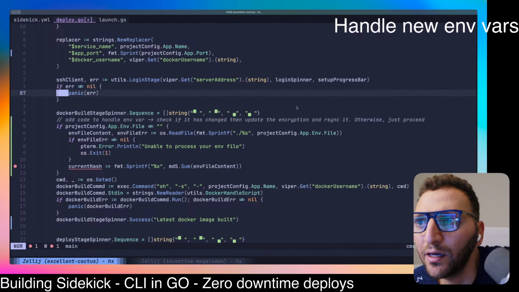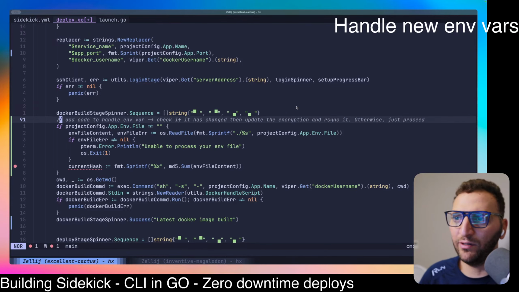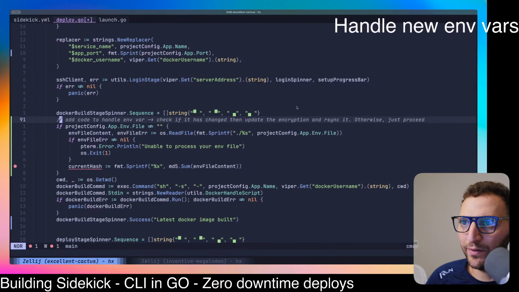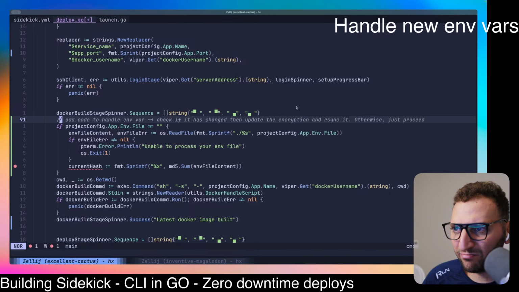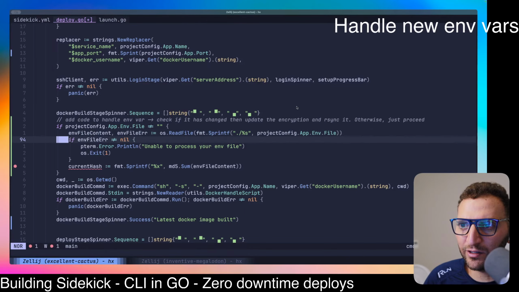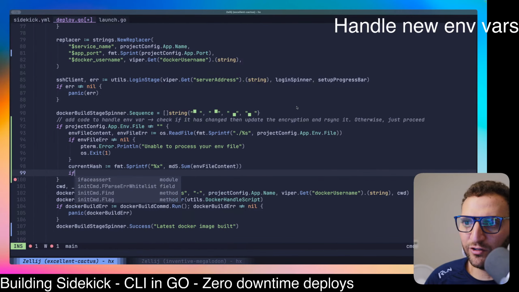Let me think. You can log in. I don't really care. You can log in. Doesn't matter for now. Okay, cool. So let's do this now on the Docker build. Doesn't matter, we can figure that out later. But basically, just it. And then your current hash will be this, and then you just say something like this: